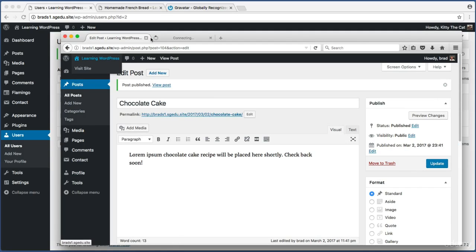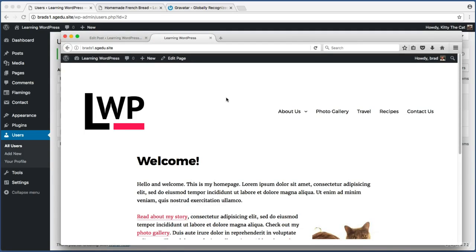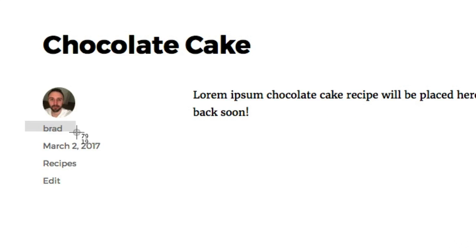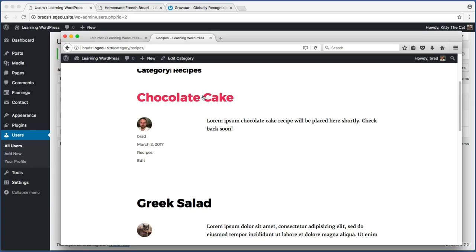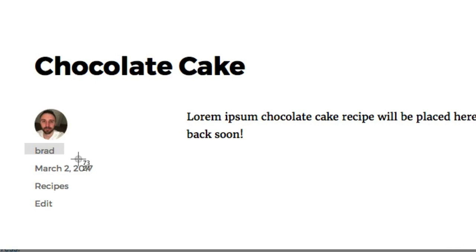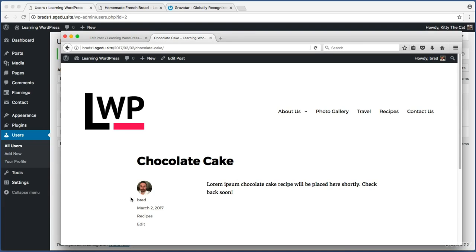And now if I check out the front-facing portion of my website and click on recipes, here we see the newest post is by Brad. Here's my username and profile photo, chocolate cake. Now if we look closely, the author name uses a lowercase b for Brad. So that means it's using my username instead of my full name or nickname. So practice makes perfect. If we want to change the way this author name displays, we can just go back